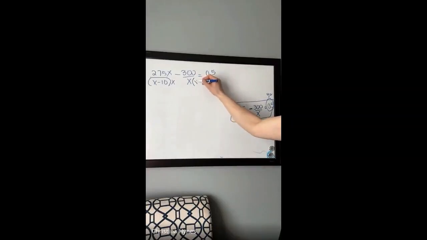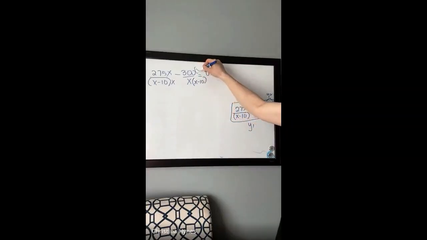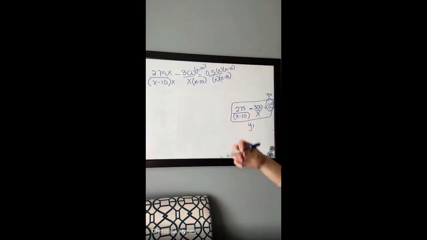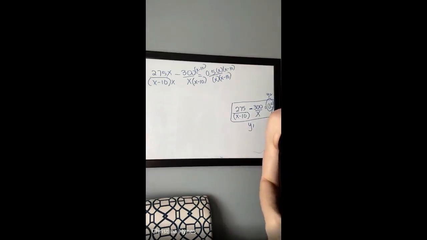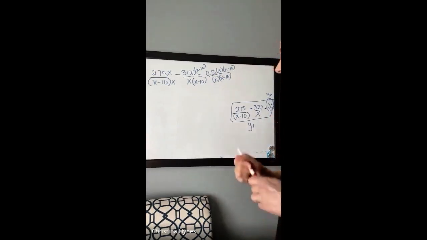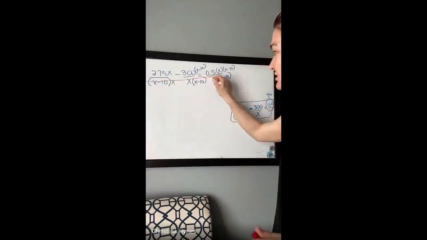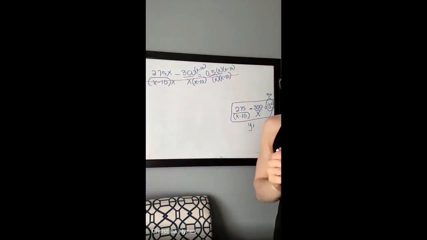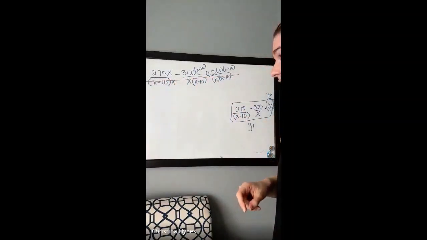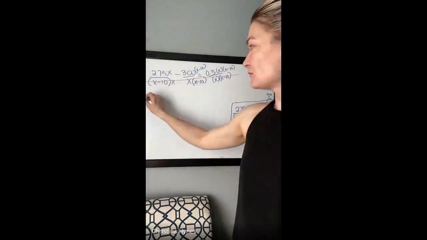This one's missing the x minus 10, top and bottom. This guy is missing the x and the x minus 10 because it has nothing in your denominator. What you do to the bottom, do to the top. And because they're all the same denominators now, I can save myself a lot of time by just crossing them all off. So cross off your common denominators, and now you're just left with